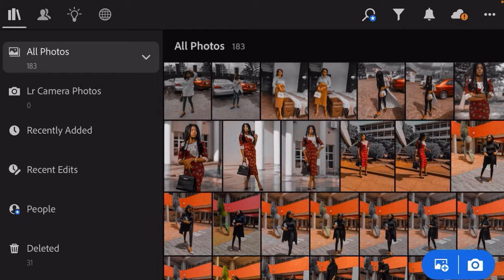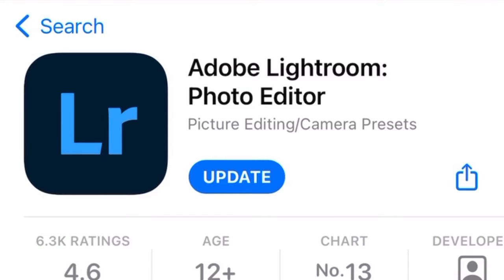We are going to go to the Play Store. If you're using an iPhone or an Apple product, go to the Apple Store and download your Lightroom from there. If you're using an Android phone, go to your Google Play Store to do that. Let's go over there. This is my Apple Store. So if you're new to the whole Lightroom concept, this is how it looks in the Apple Store, and I believe it looks like this in the Google Play Store. I don't want to go through my Android phone right now, because this is what I want to use to do my stuff. This is how it looks, and this is the official logo of Adobe Lightroom Photo